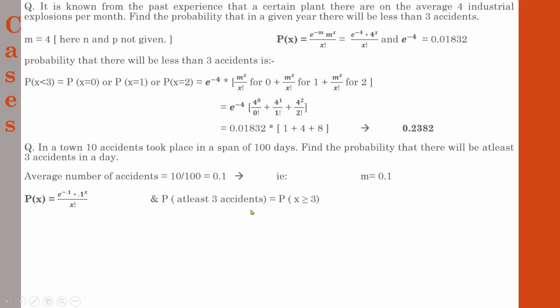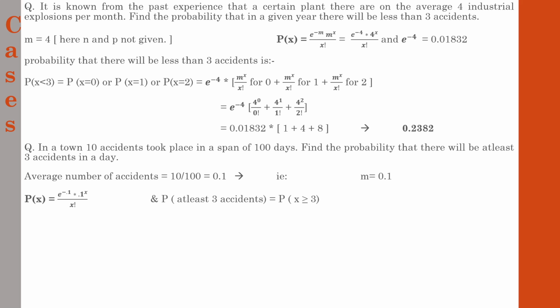That means you need to study the situation where at least 3 accidents occur. At least 3 means 3 accidents will occur, that is sure, and usually accidents occur either 3 or more. 3 or more means it can be 3, or it can be 4, 5, 6, 7, 8, 9, 10. So that is the concept. Out of 10, in the question it is mentioned that 10 accidents occur. What is the probability that at least 3 means